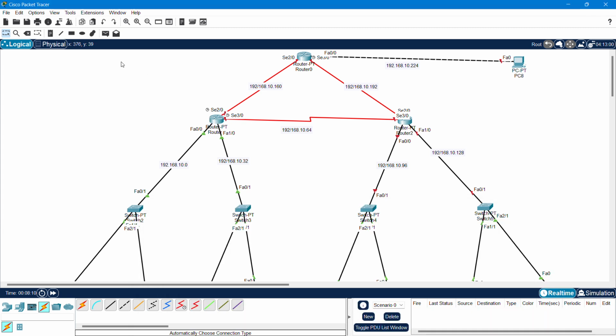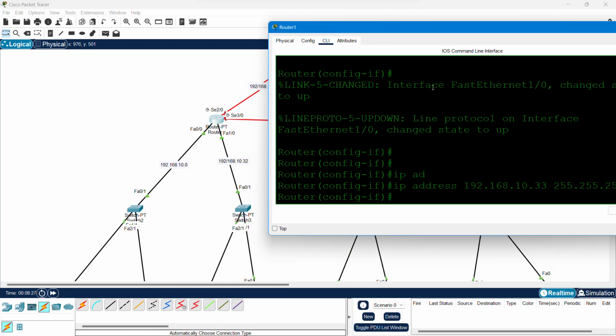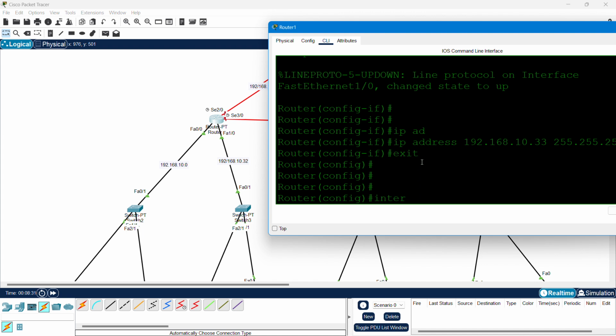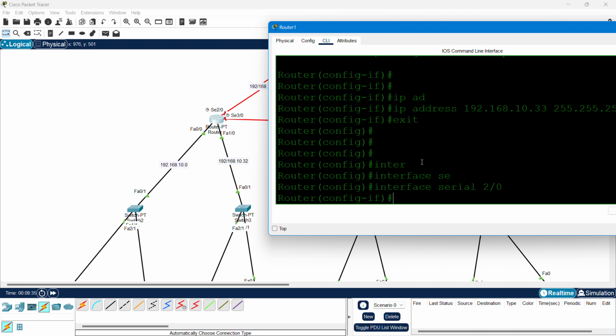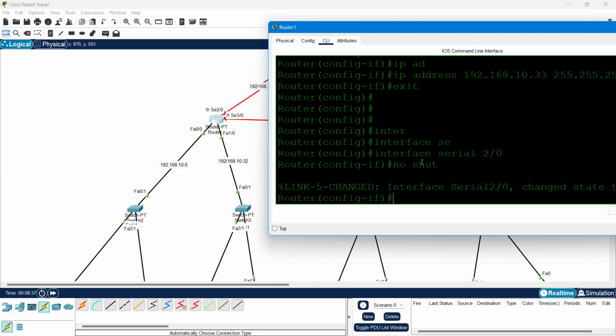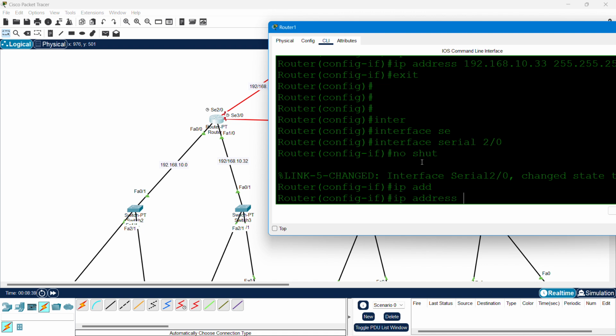Okay, so allow me to delete this one for me to make sure which interface is serial 2/0, but I think this is the one. Okay, so I think that's the one, so I need to click here, and then if I do exit again, then interface serial 2/0, I hit enter and then no shut, okay, and then I assign the IP address